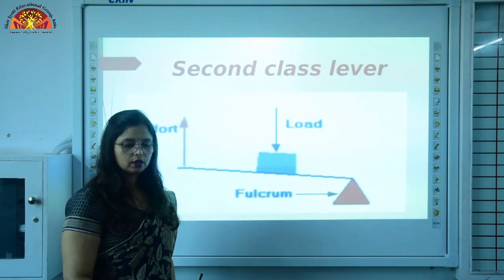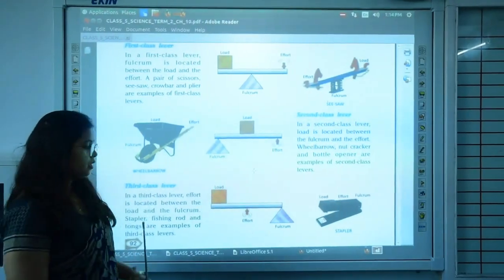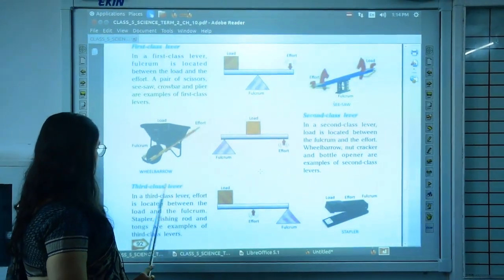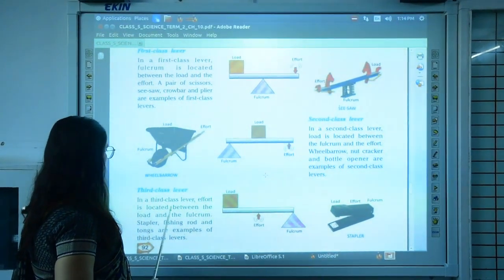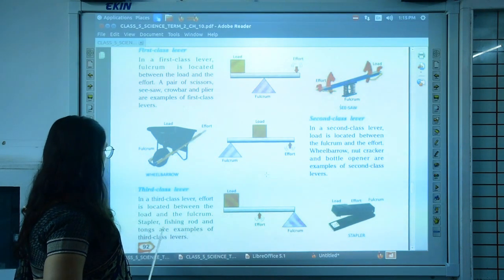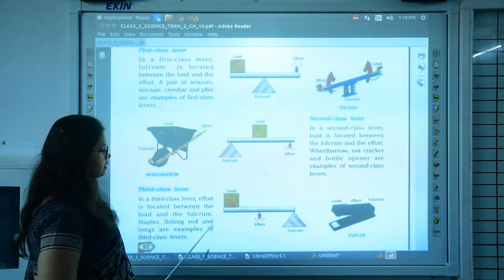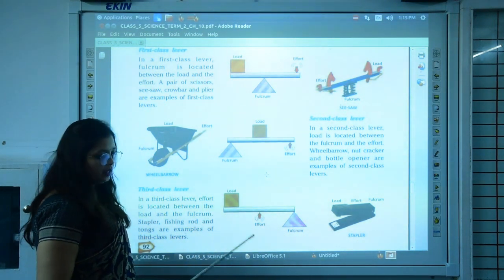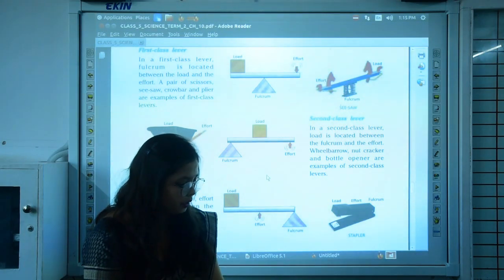Now, let us move to the third class lever. So, children, now we come to third class lever. In a third class lever, effort is located between the load and the fulcrum. Stapler, fishing rod and tongs are examples of third class levers. So, here you can see that in third class lever,